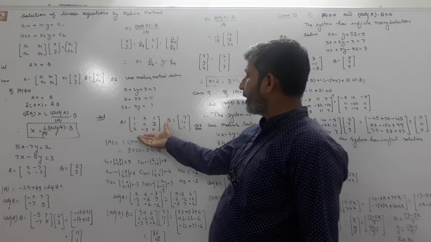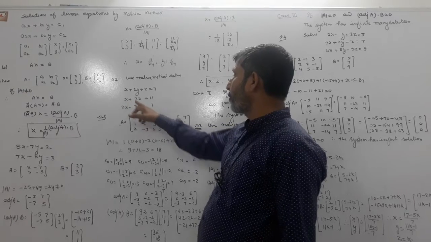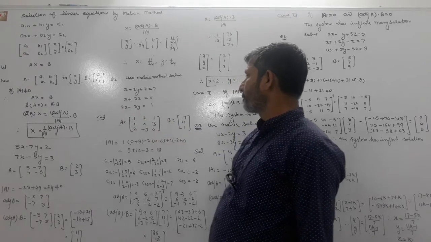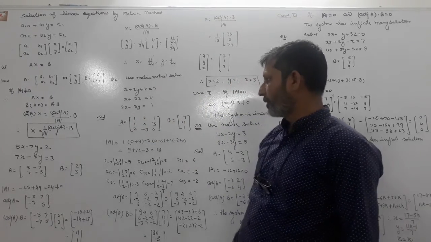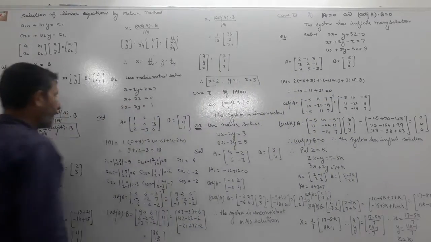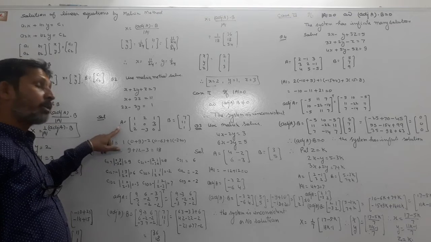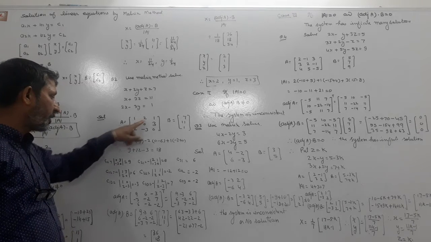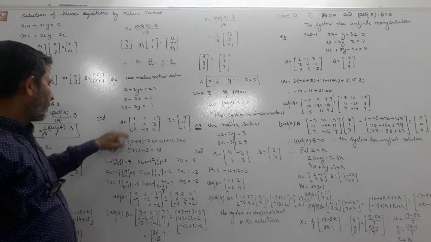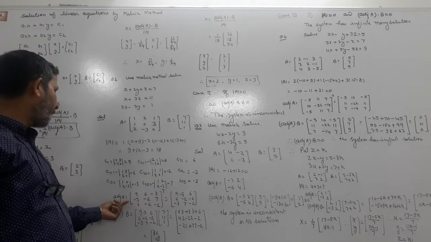So A is the matrix of coefficients: 1, 2, 1, then 1, 0, 3 because y is 0y, then 2, minus 3 and 0 because z is 0. And B is the matrix of constants. After this we find the determinant of A, which is 18, and then we find the cofactors of the 3 by 3 matrix to get its adjoint. First we find the cofactor of each element: C11, C12, C13, the cofactors of the first row, then the cofactors of the second row, 1, 0 and 3, then the cofactors of the third row. Then we find the adjoint.